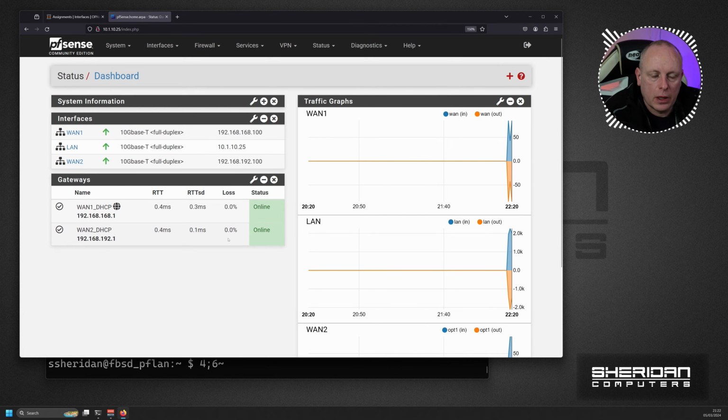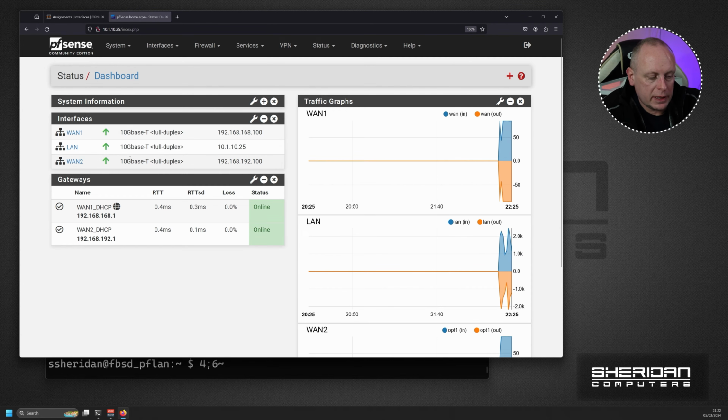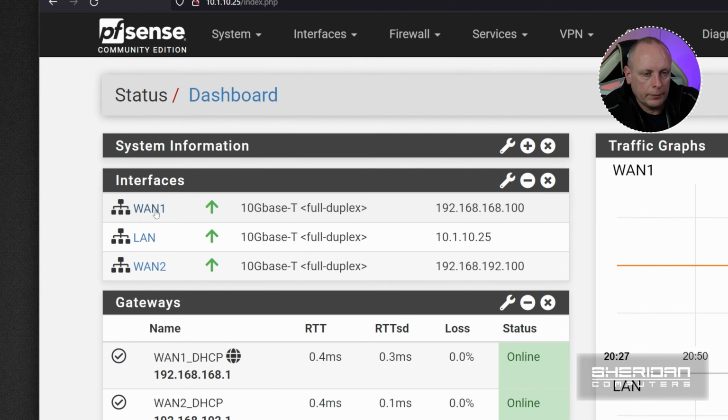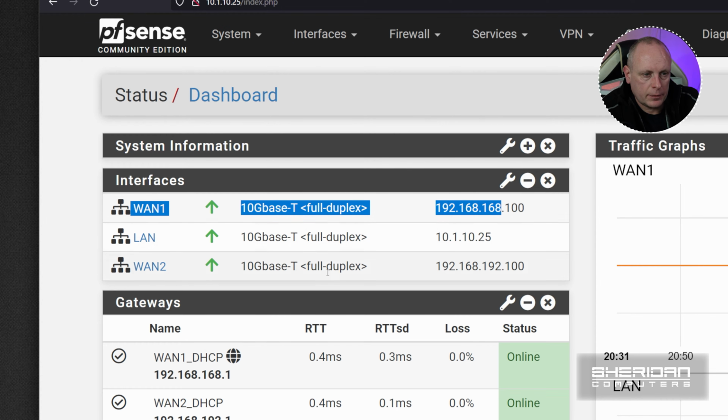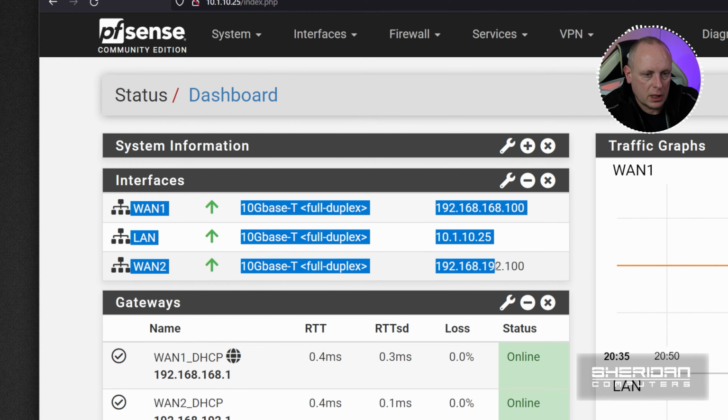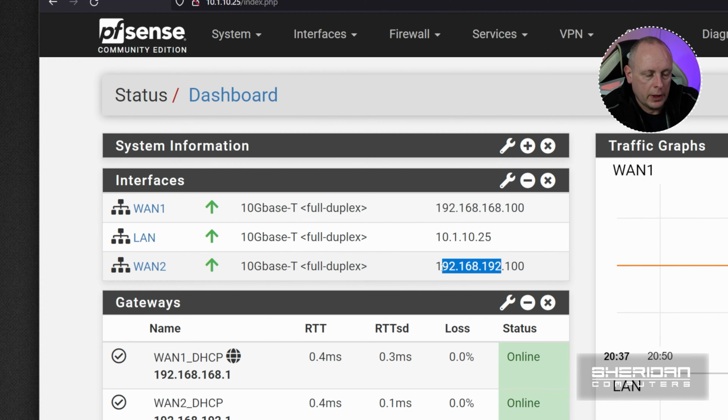This is a standard install of pfSense with the fact that we have two WAN interfaces. We have WAN 1, which has a subnet of 192.168.168, and then we have our WAN 2, which is on 192.168.192. And I've added the gateways to the dashboard just to make it easier, so we can see we've got